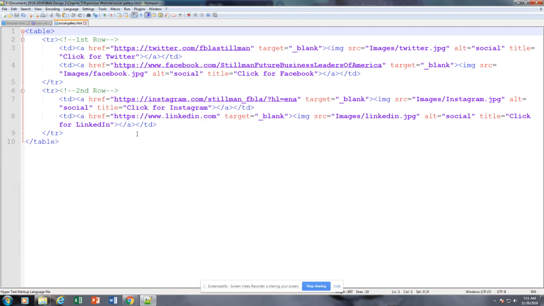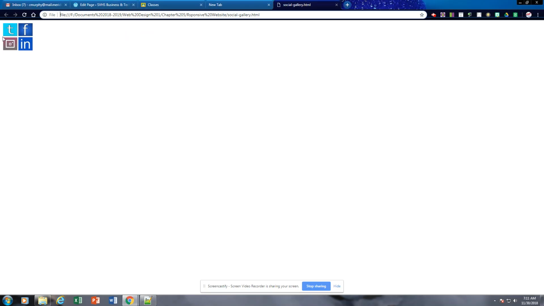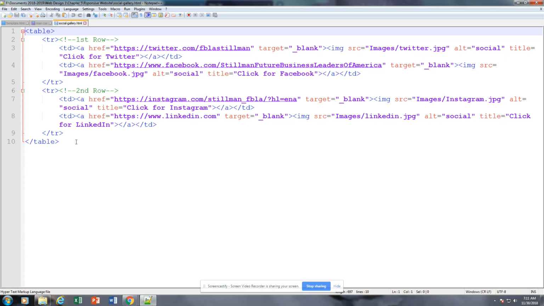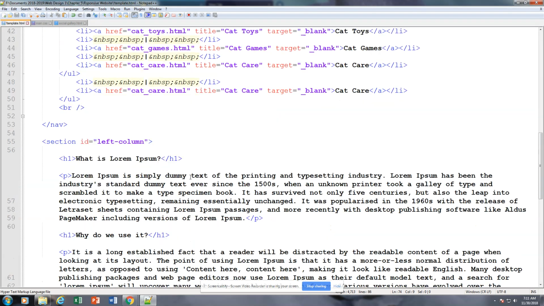So here is our social gallery codes. I'm going to run this really quick to make sure, yep, they're set up the way I want them. The next thing we're going to do is go into Notepad++. We are going to select our table and copy this. And then I'm going to go to my template and scroll down to the bottom